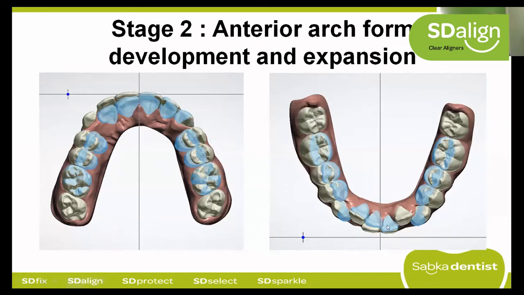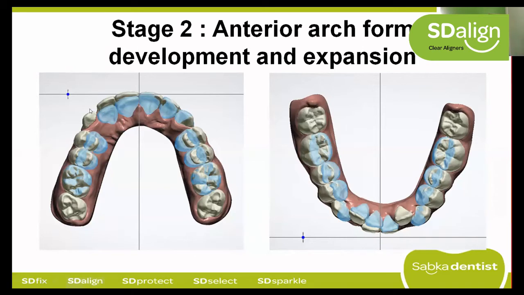As we can see, another good thing about staging with aligners is till the space for the lateral incisor is developed, we don't start pushing them buccally. So first we mesialize 3-1 and 4-1, get them into a tight contact, distalize 3-3 and 4-3, make enough space for 3-2 and 4-2, and then start pushing them outwards. So if you have built enough space in any phase of aligner therapy, the tracking and the success is very predictable after that.